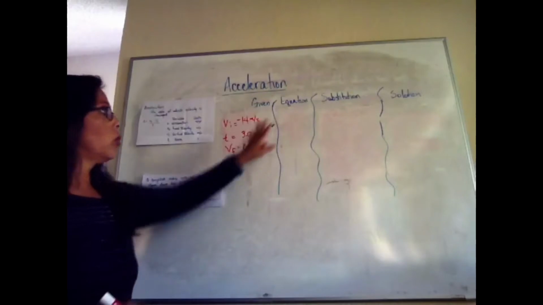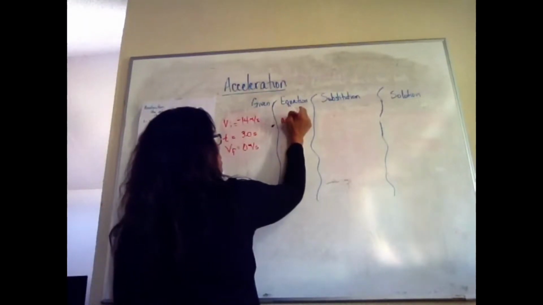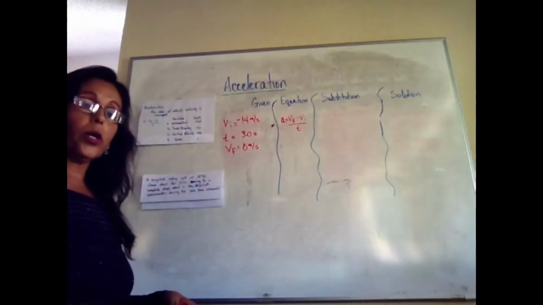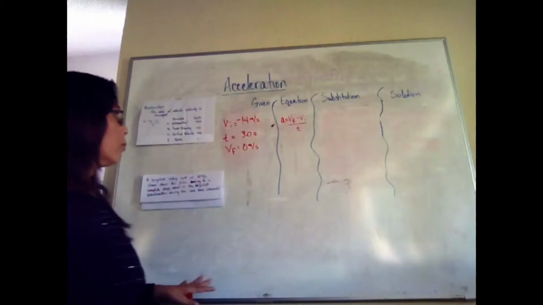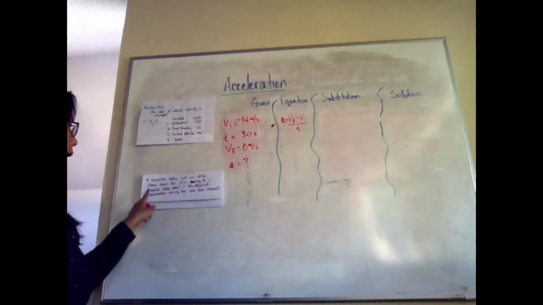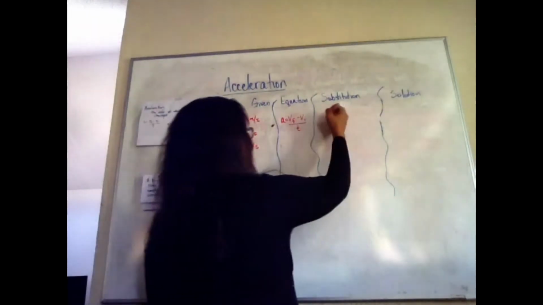So now let's go on to our equation. We're still using acceleration is equal to final velocity minus initial velocity divided by time. Let's substitute our numbers where we can. Do I have a number for a? No, because that is what we were looking for. At the end, it says, what is the acceleration during the 3-second interval? So, a